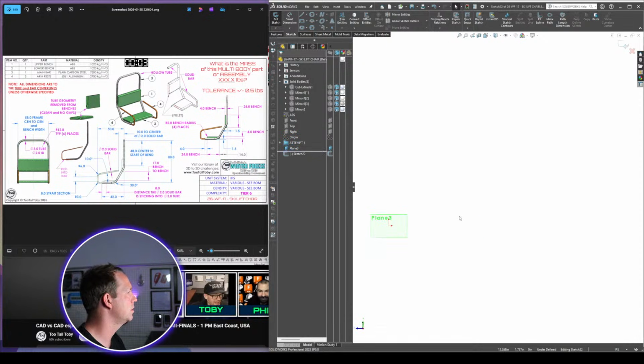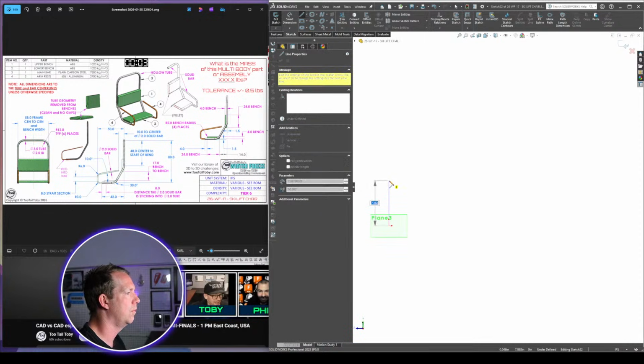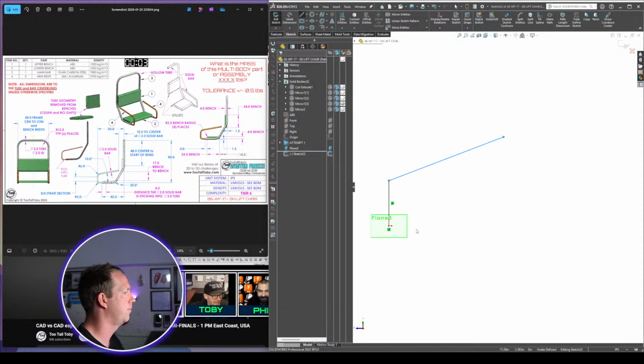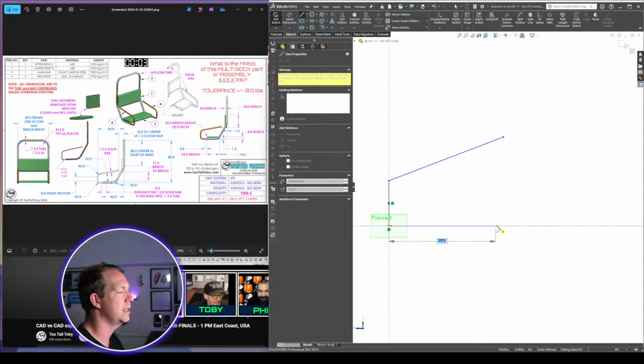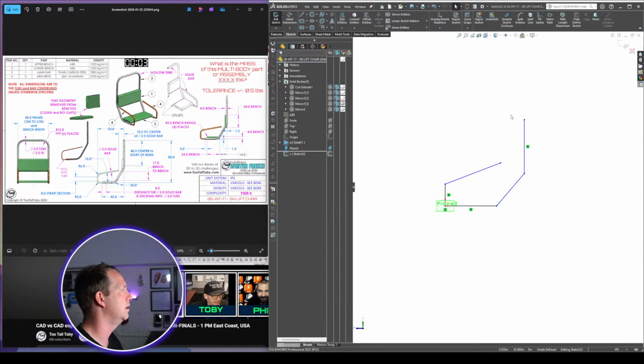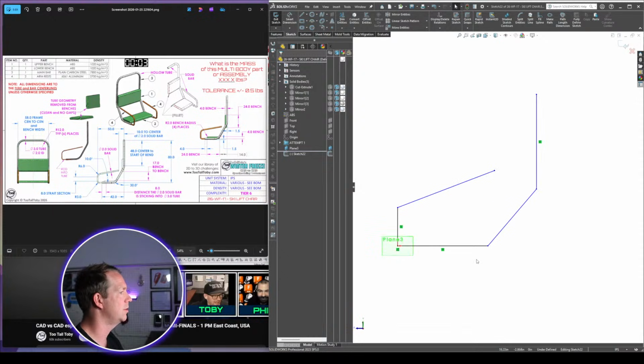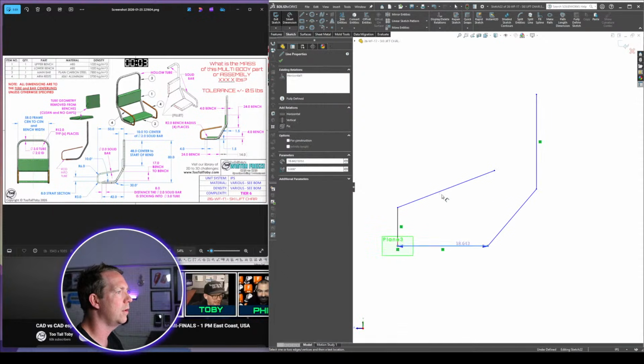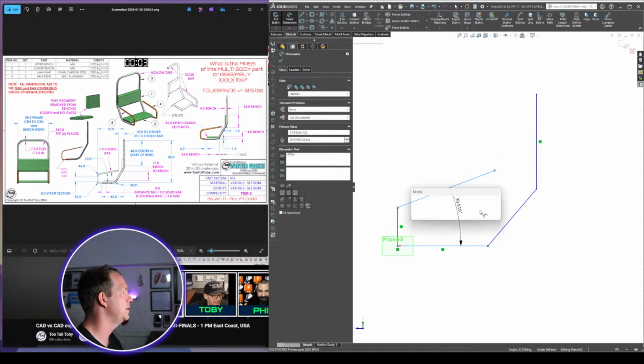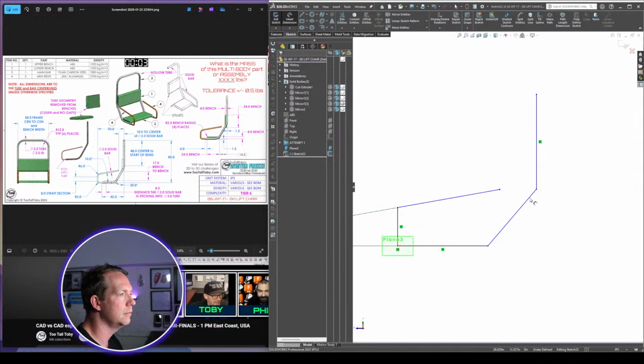So for this sketch, if we want to do all of the tube in one, we can. What we want to do is get the main sections in place and then add the radiuses and then add the splits. So this is the shape. Now I've got to go through and add those dimensions. So I've got the 10 here, 30,